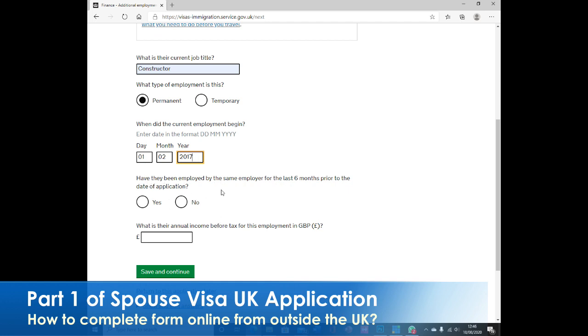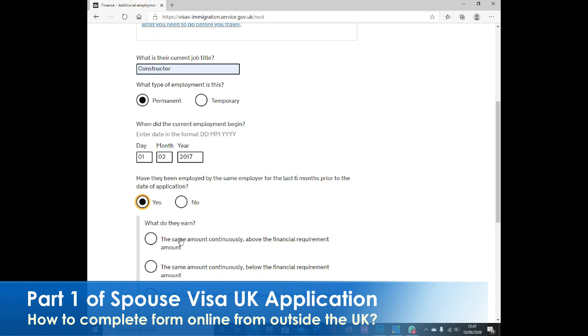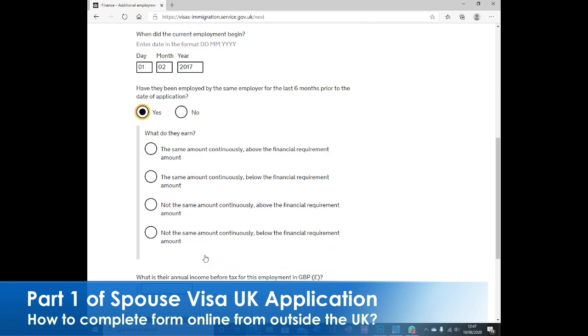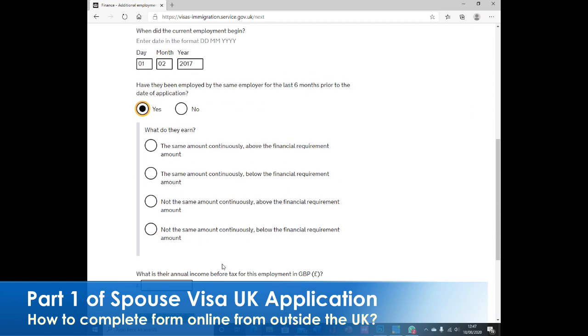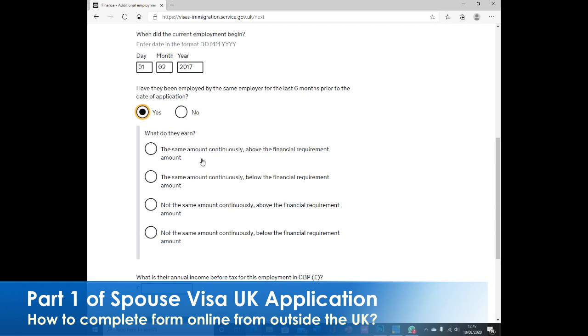Anyway, have you been employed by the same employer for the last 6 months? Say yes. What do they earn? Your sponsor: same amount continuously, or not the same amount continuously, below the financial requirement. Okay, so if you are receiving the same pay slip, salary slip every month, you're going to need to tick this one